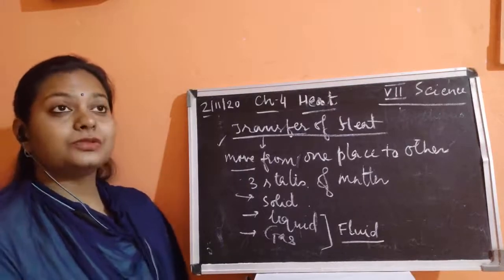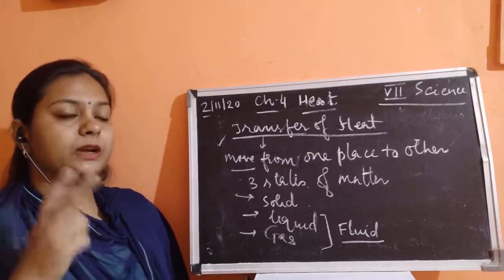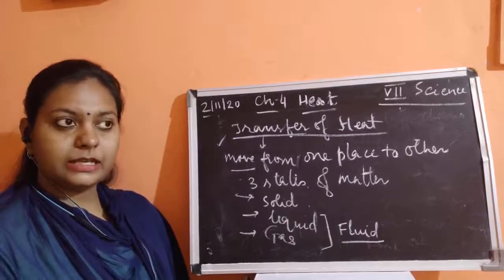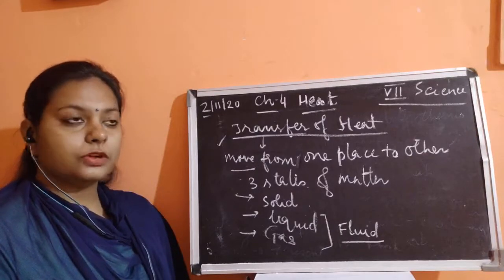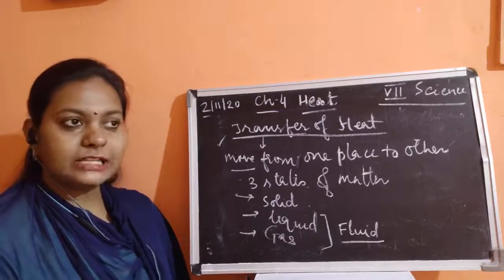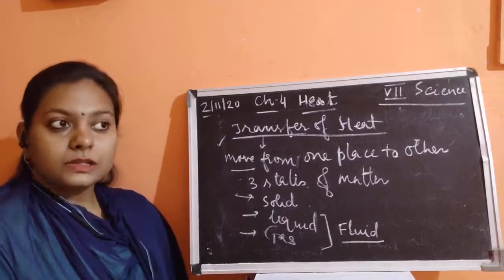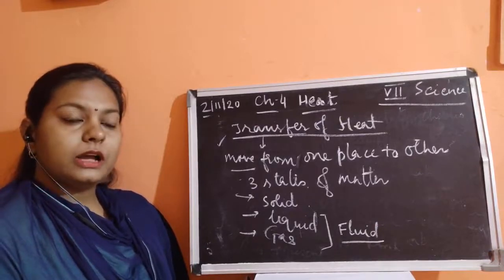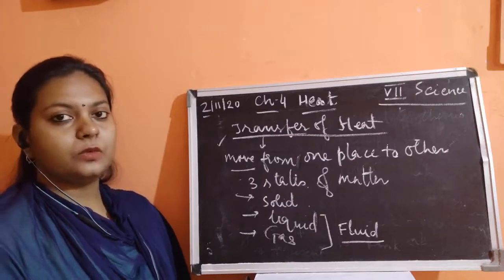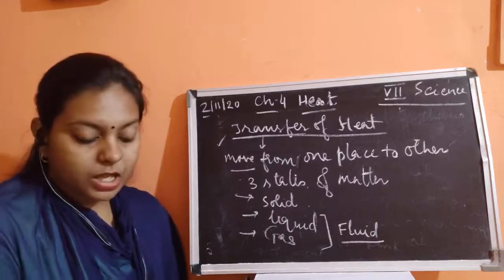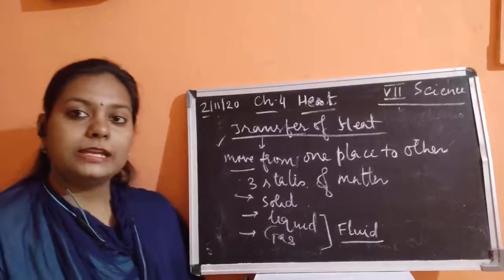या अगर आप ऐसे सोचो कि आप एक ग्लास में गर्म पानी लेकर के उसमें अगर एक मेटल की स्पून डाल देते हो, so what happens? It is going to become hot after some time. Just touch that spoon, you will feel that it has become hot. Why? Because the heat is going to transfer between the utensil, water and the spoon. Okay, so here we say that transfer of heat will take place.